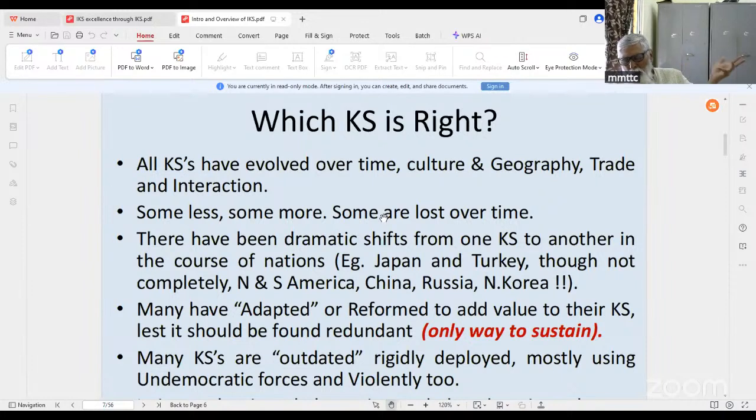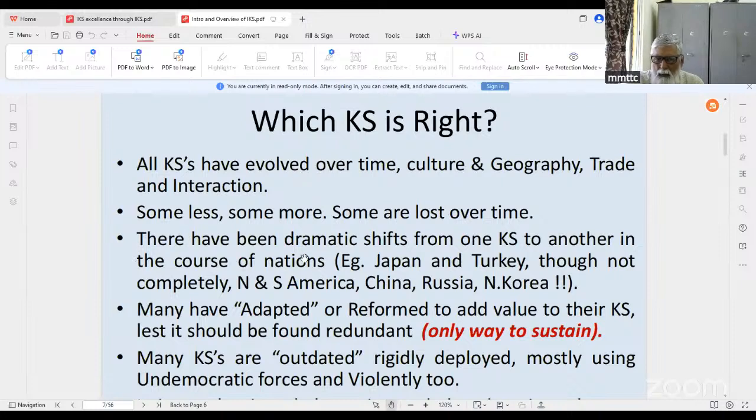For example, if you look at ancient civilizations like Machu Picchu in South America, we have no idea what their knowledge system was. Now, looking at the Indus Valley civilization, there are many things we don't know about them. The residuals, of course, can be found amongst all of us.